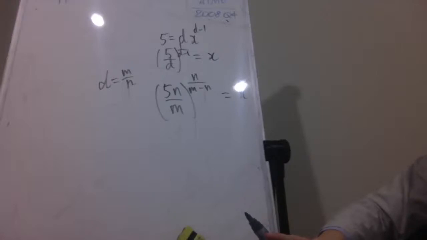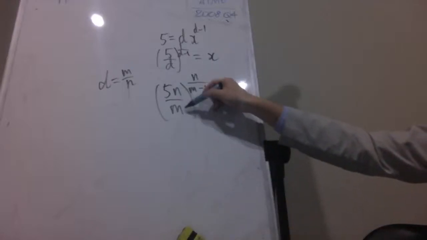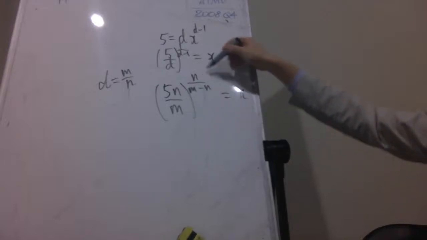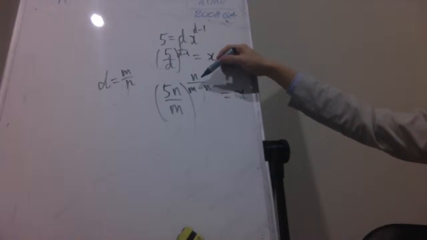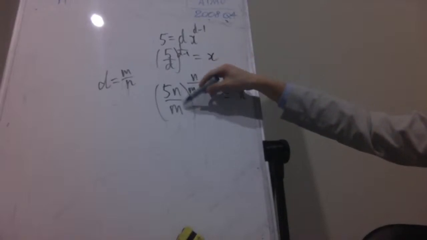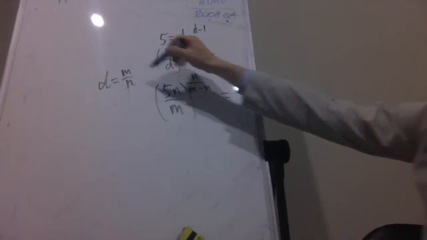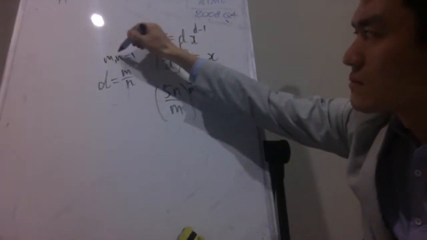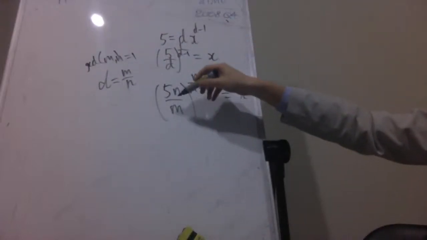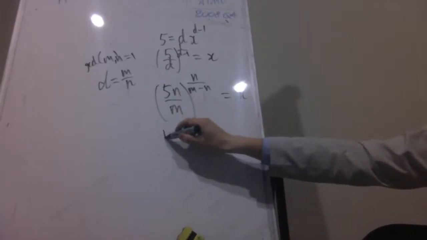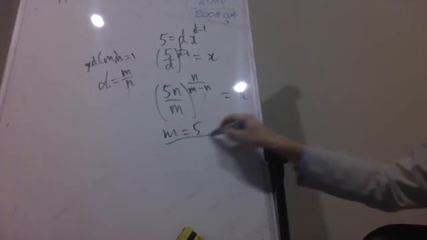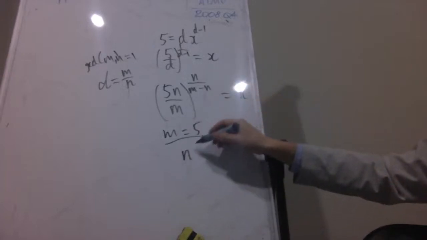If you have a number that's definitely not an integer to some power, it's kind of unlikely it's going to be an integer, right? So one obvious thing you could do, and you can't make n and m cancel because you probably already picked them to be GCD 1, but you can make m and 5 cancel. So you can make m equals 5, and then you have n to the power of